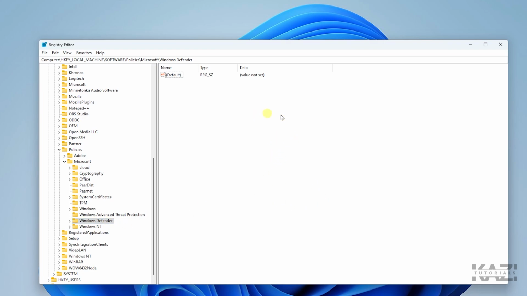So now once you have done it, you need to move your cursor into this place and then right click to find this New option. So from here you need to select the DWORD (32-bit) Value. Alright, now you need to rename the file as Disable